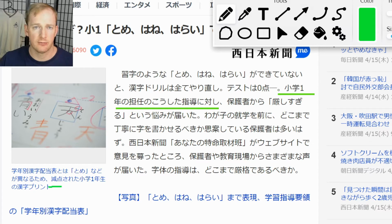But here we're talking about primary school, and you don't really have a form group teacher for primary school in Japan, not in Australia either, but whatever. But you don't have this kind of teacher. But really what it means is the teacher in charge. Okay, so you've got a teacher who is running the kanji class, all right? Now, it could be just like their normal teacher, but it might be a special teacher. But we don't really know from this. But basically, it's talking about the teacher in charge, like basically the teacher whose duty it is to run the